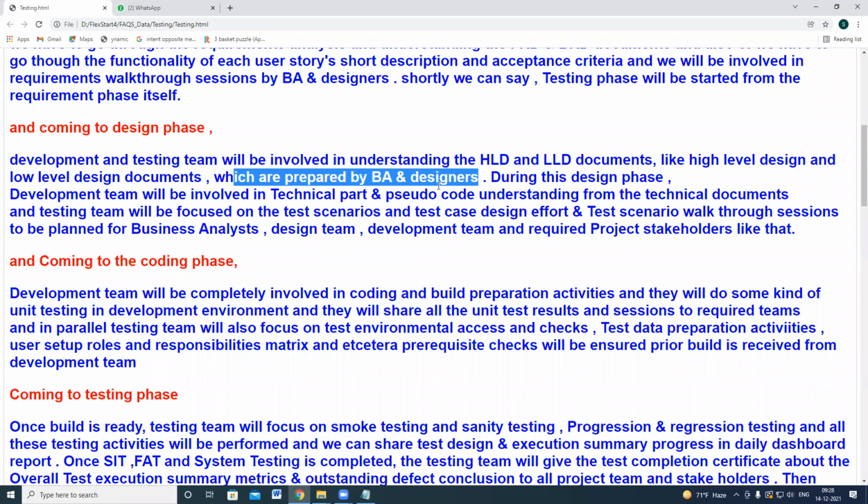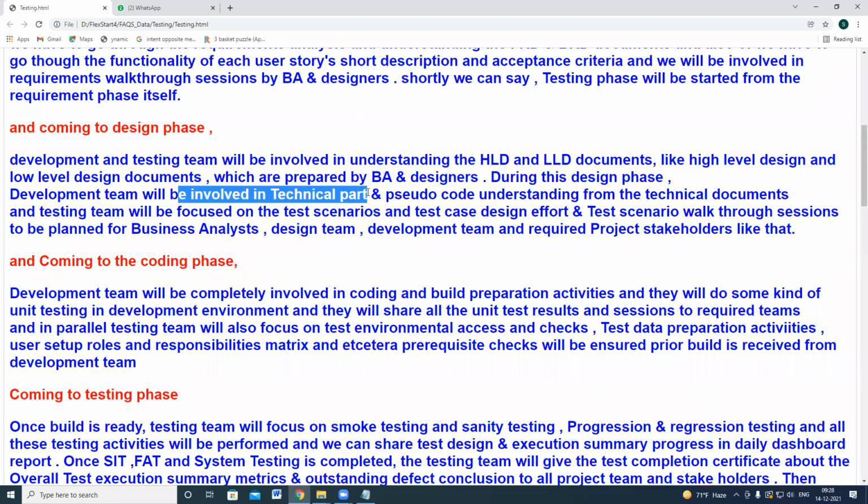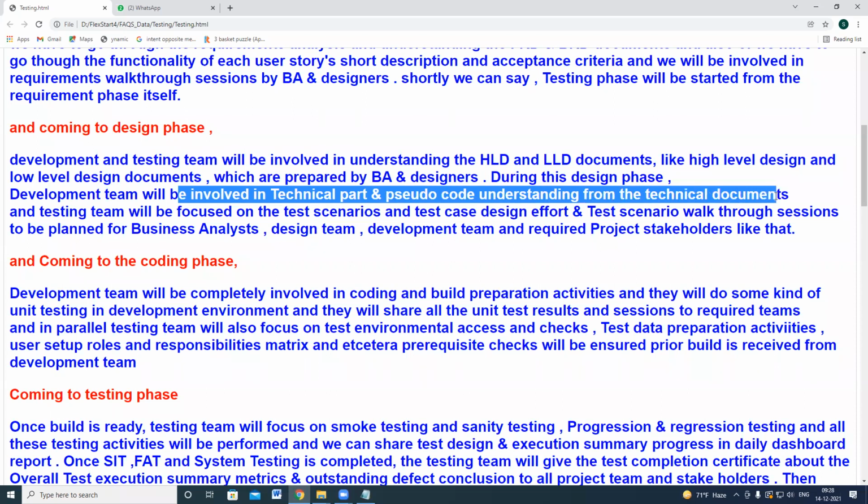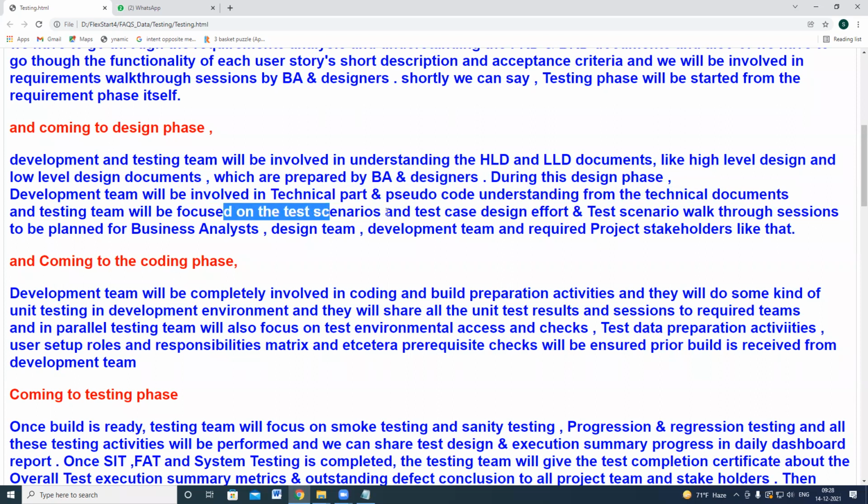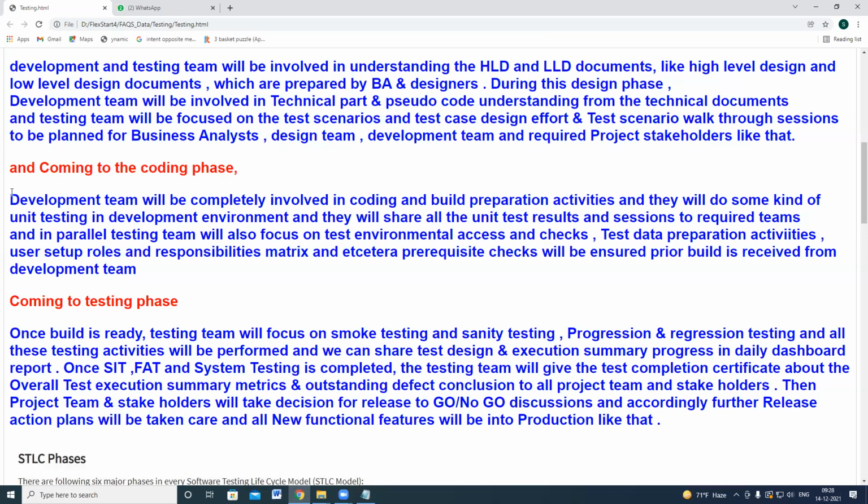The development team will be involved in the technical part and pseudocode understanding from the technical documents. The testing team will focus on test scenarios and test case design effort, and a test scenario walkthrough session will be planned for the business analyst and designers. Even the testing team will try to understand everything and list it out. Coming to the coding phase.